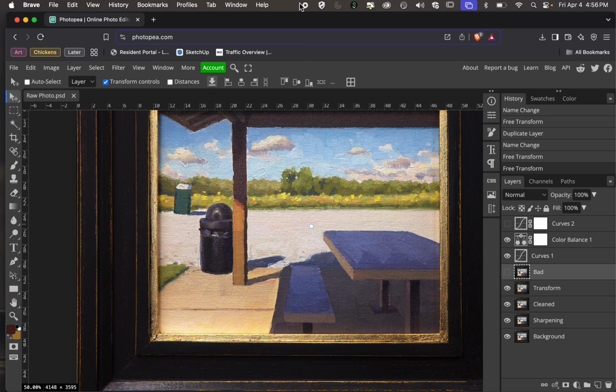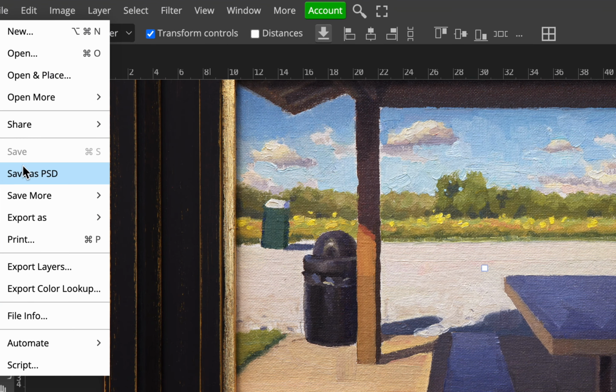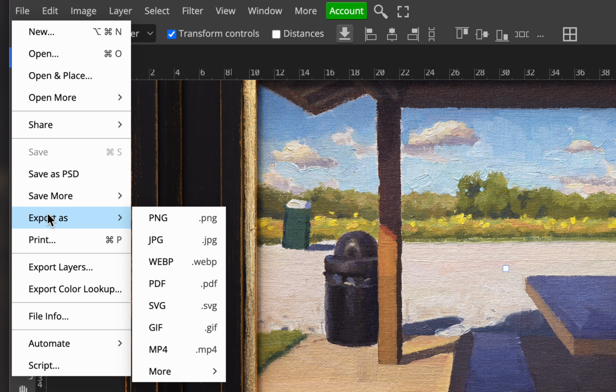So the last thing I wanted to talk about, and then I'll have time for us to maybe either play around or even answer some questions, is, all right, we saved it as a Photoshop document with all the layers. If we want to save this as a JPEG, which is typically, if you're going to upload this onto a website or anything of that sort, the file type that you want, we can go up to File,